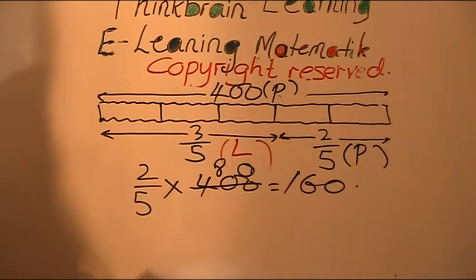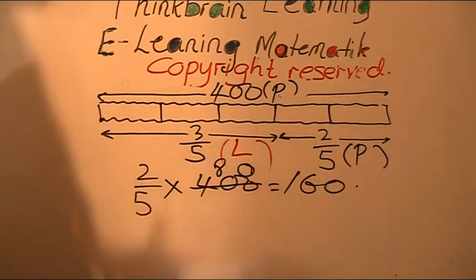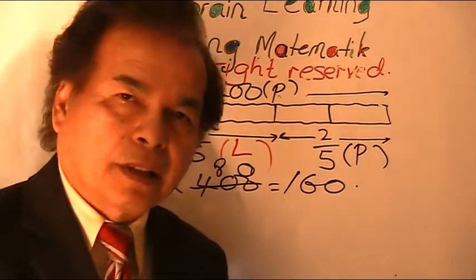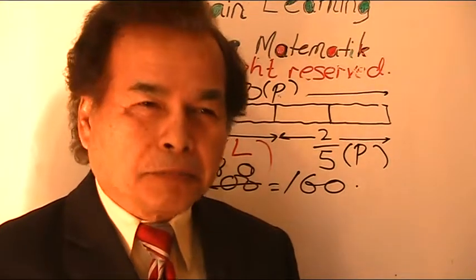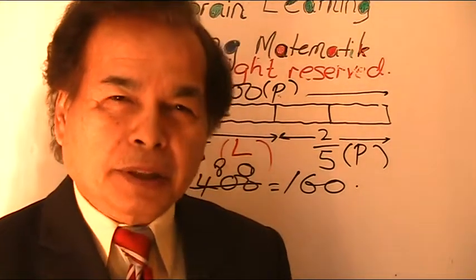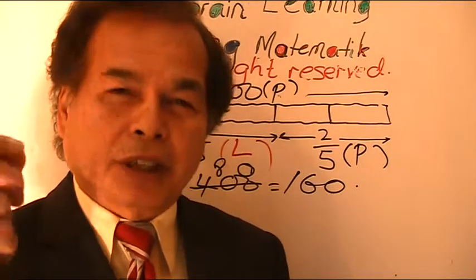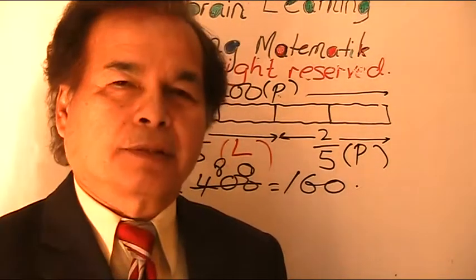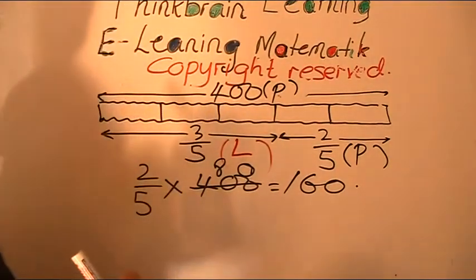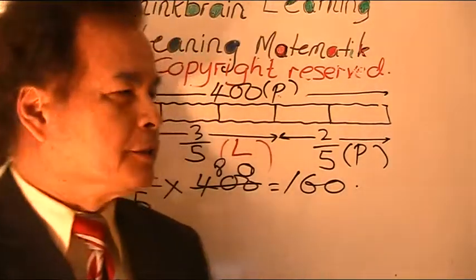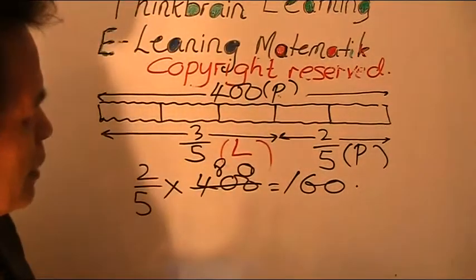Okay. This is the number of girls. You pause this and you copy this, right? You learn how to copy down. Don't just listen to my explanation and hope that you understand. In mathematics, you have to do it. You have to copy down. First, you must understand. Don't just copy down. Then you copy down. Then you rethink. Mula-mula kita salin. Kemudian cuba faham apa kita salin. Lepas tu kita fikir balik apa yang kita telah salin.